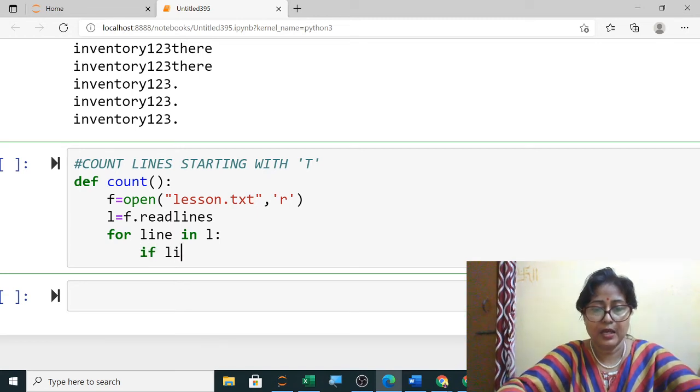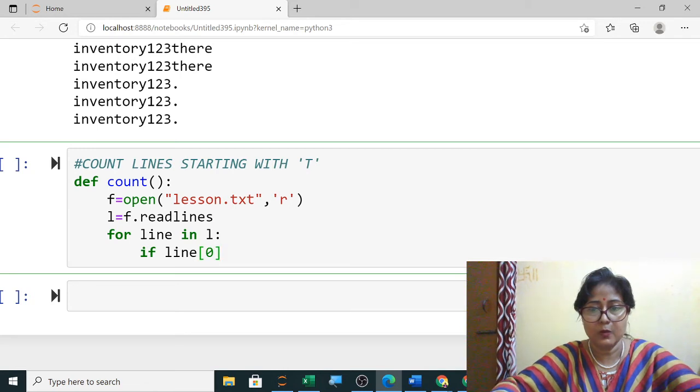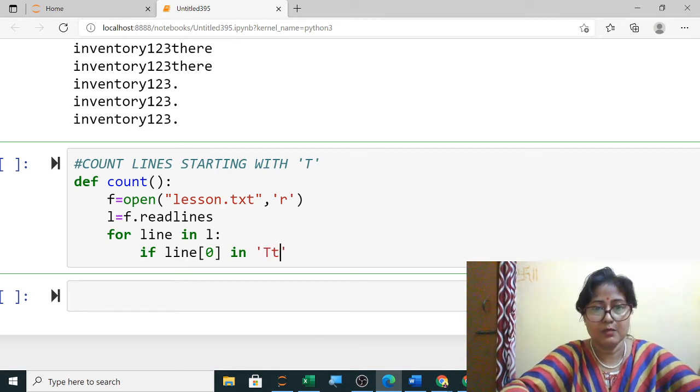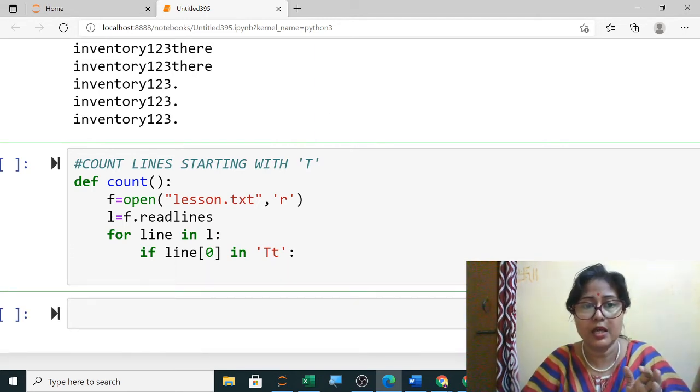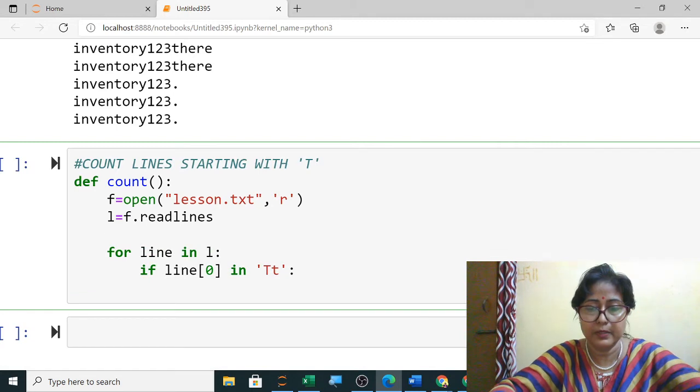So if line's first character, which is a string now, is equal to capital T or small t, then it was count. So here I require one count variable.